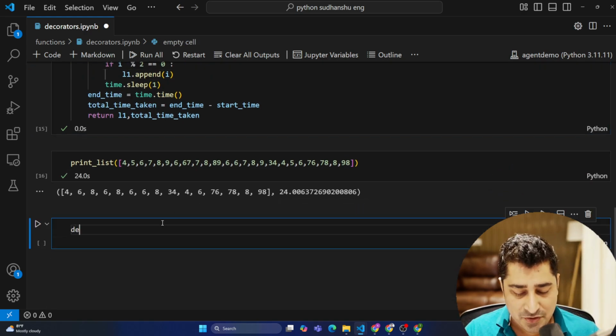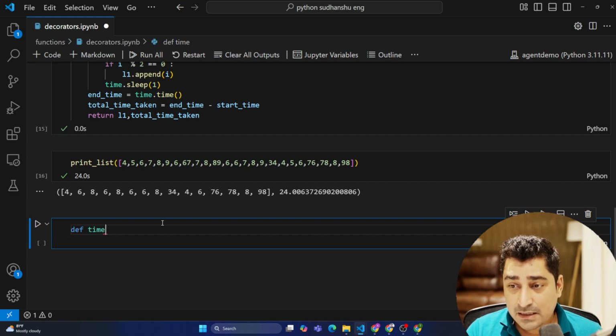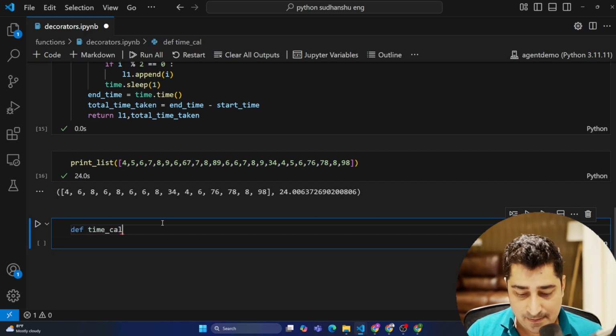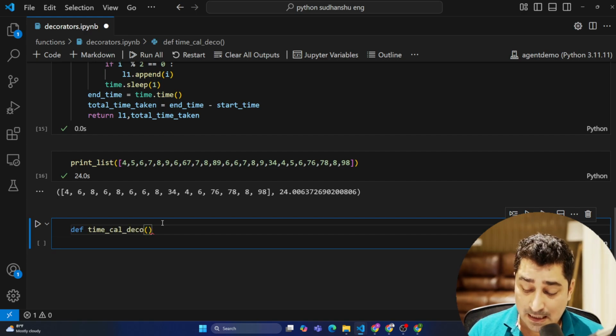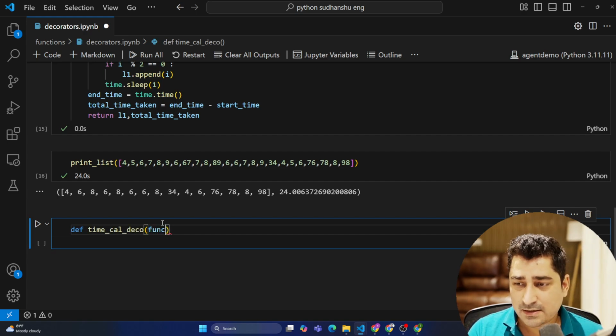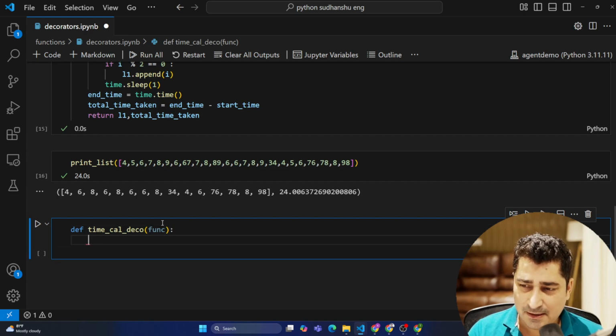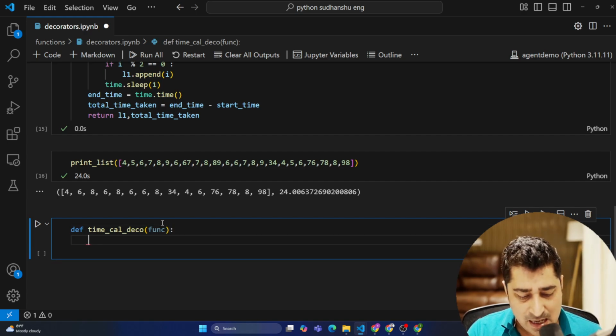So here I'm going to write a time_calculator decorator. I'm going to pass a function as a variable, and then there is an internal function I'm going to write. And this internal function is